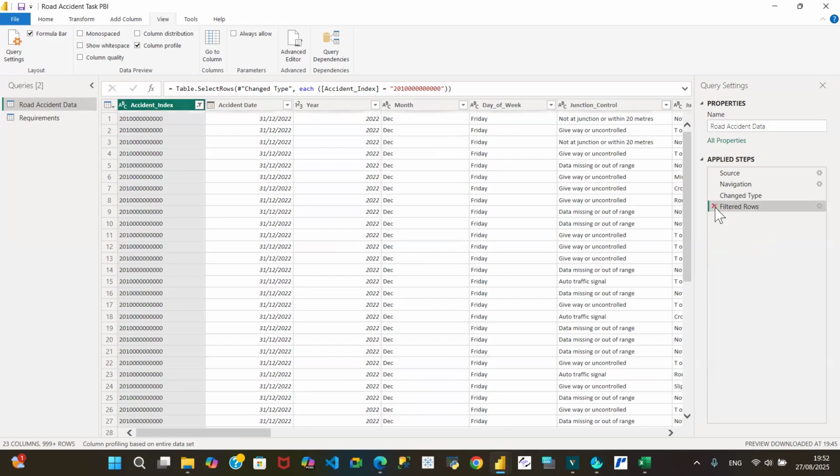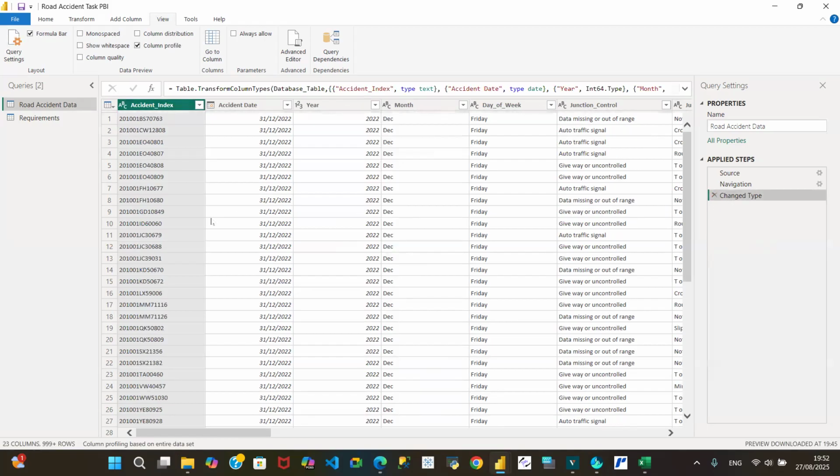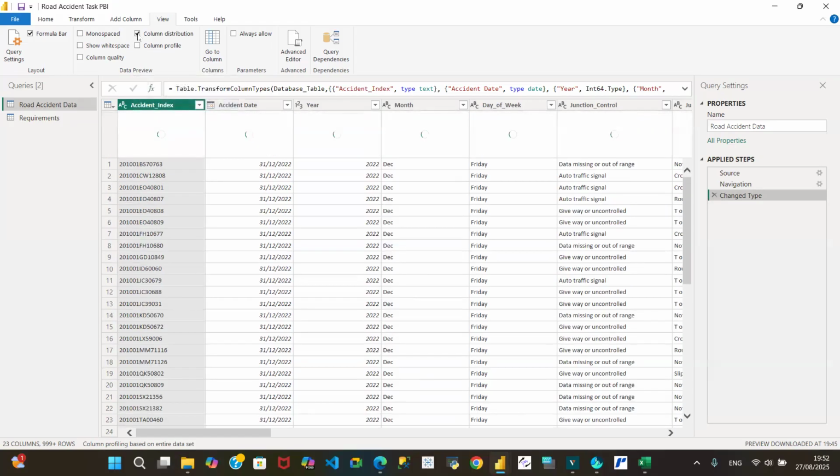And that's why it's good for us to be researching, you see. Now we all know that to get what we need, we should go in there. Now, if we go back to that column distribution and see if we get something better. Okay, now it's safe to say we are seeing the entire data, even if we can't scroll down to all of it. But it's profiling this now based on the entire data. And we should see better